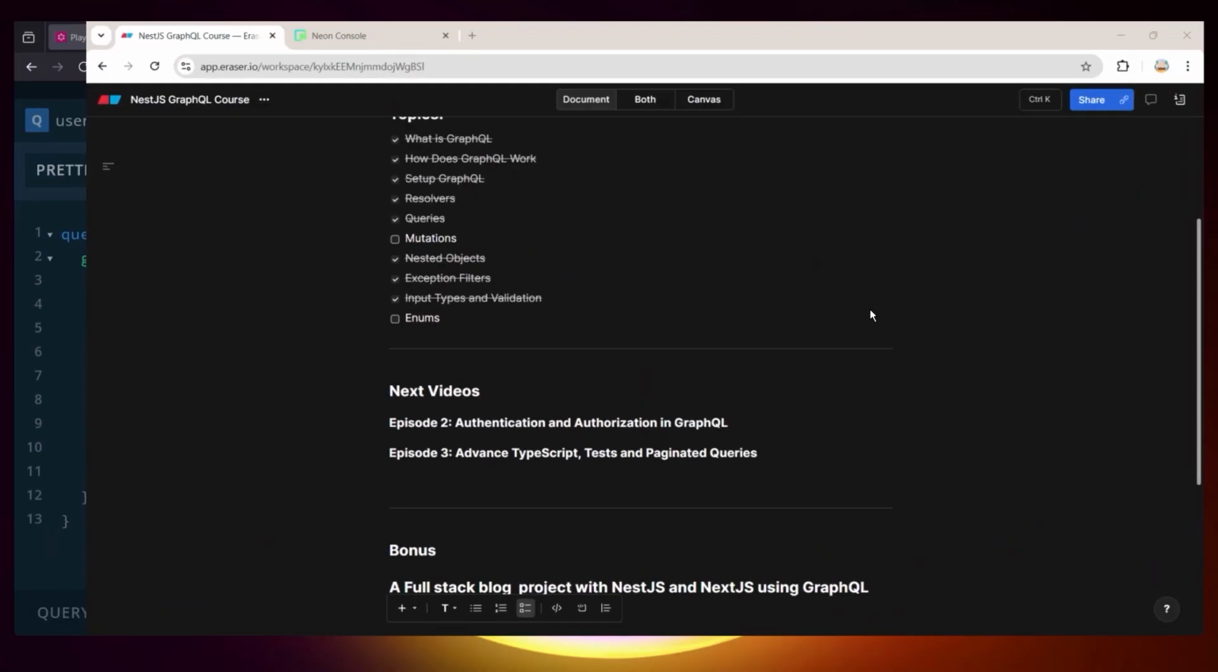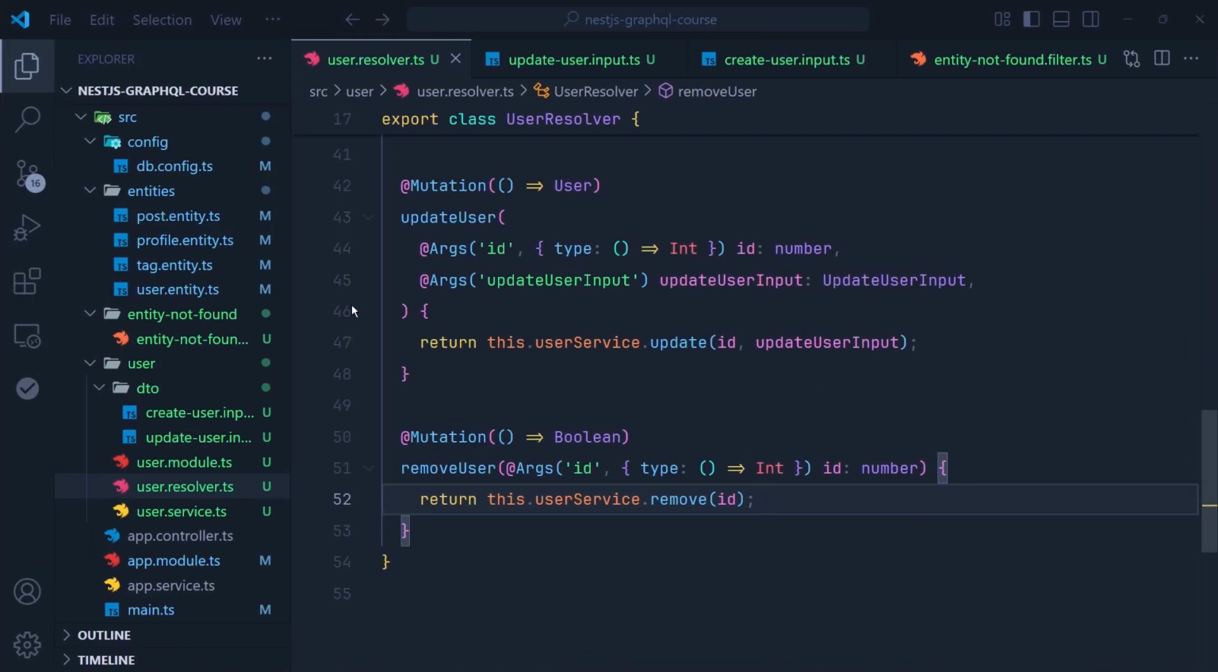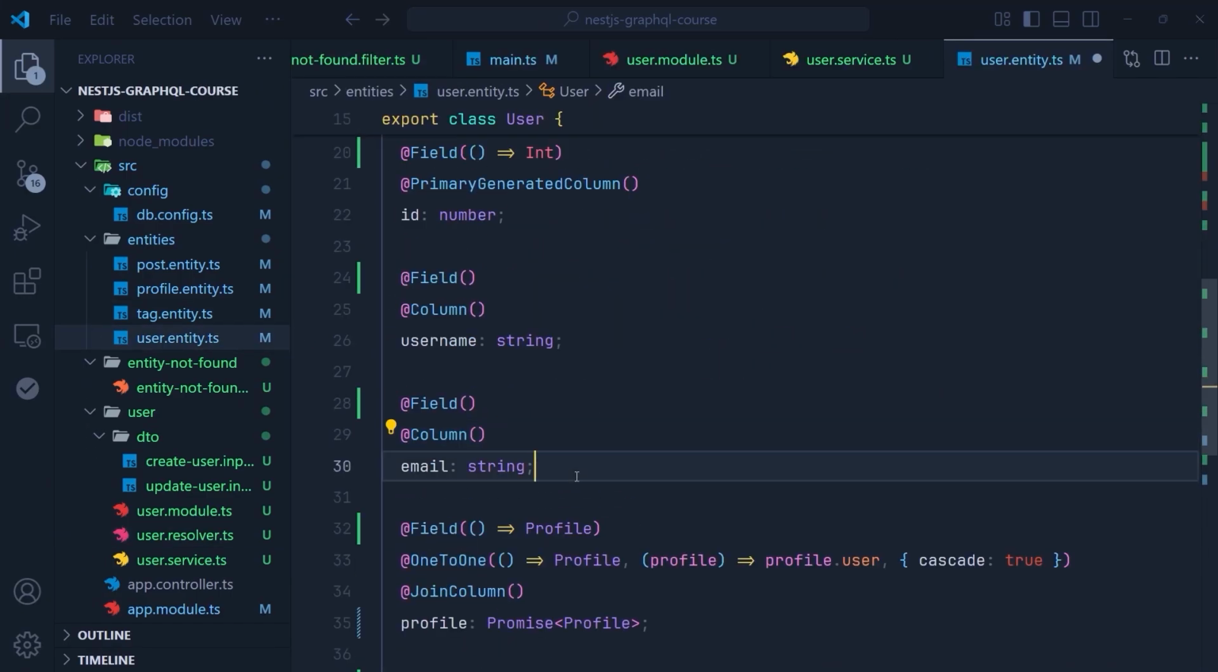And let me get back to the checklist here. We covered the mutation, and finally, we just need to cover the enums in the GraphQL. So let's say that we want to add a role enum in our user entity. So let me get back to our user entity class here, and here we are going to create a role